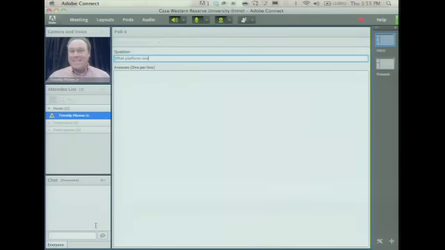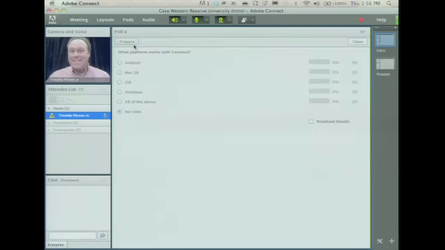platform works with Connect? And I'm doing this because I forgot ahead of time to build this. I'm pretending I forgot ahead of time to build it. Say Android, Mac OS, iOS, Windows, all of the above. We'll open the poll up, and in that amount of time, I just created a poll that I can use. So I'm going to title this thing,